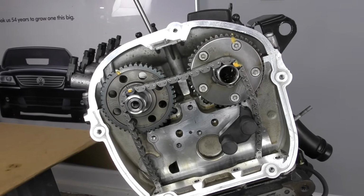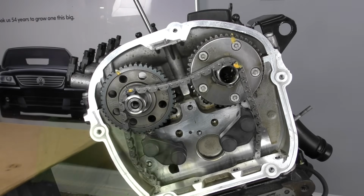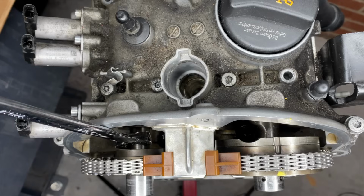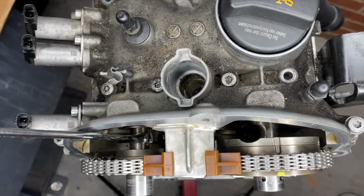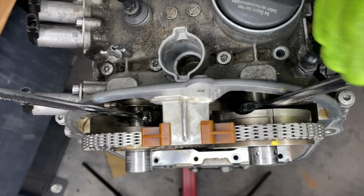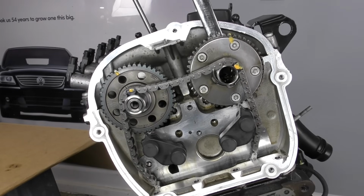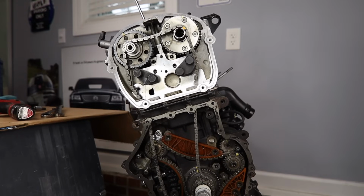We have one for the intake camshaft and one for the exhaust camshaft. You're also going to need a 15mm wrench for the exhaust camshaft. This is going to allow us to turn the camshaft just a little bit, and you'll need an 18mm wrench for the intake side. This again will allow us just to move the camshaft a little bit to get it locked into place. We want to try and lock them into place as close as we can to their TDC